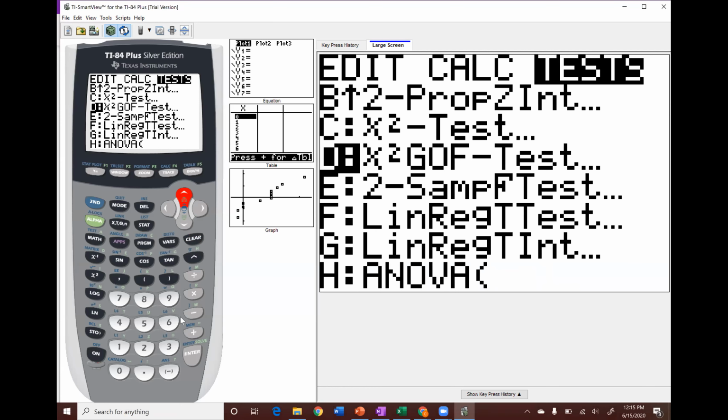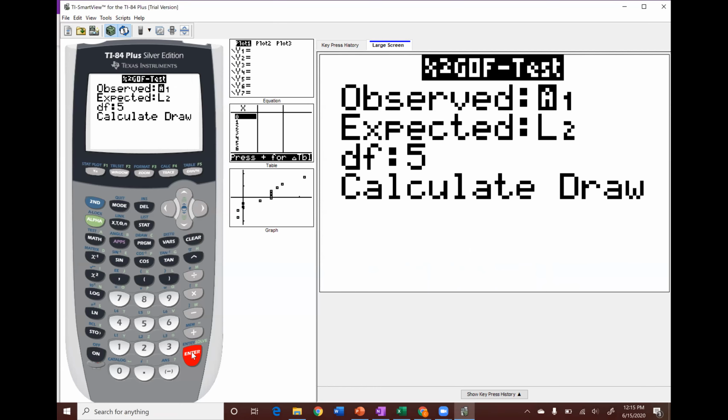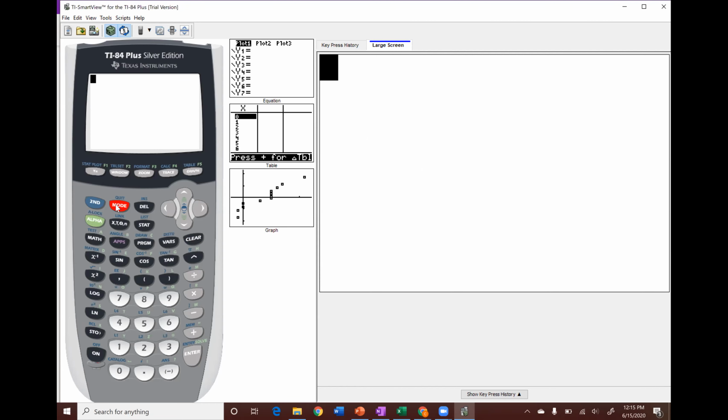You would select chi-squared GOF test, and then you'd enter your observed list, your expected list, and it's up to you to input the correct degrees of freedom, hit calculate, and it'll give you all the necessary information. But we're gonna do it the long way,